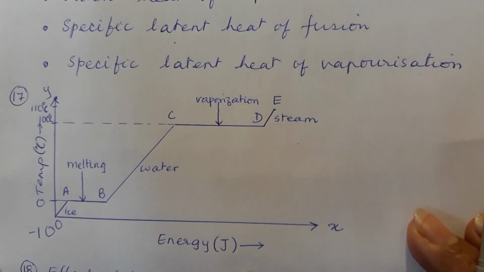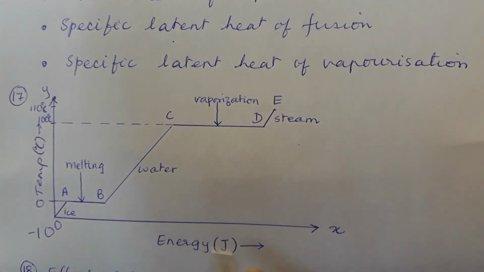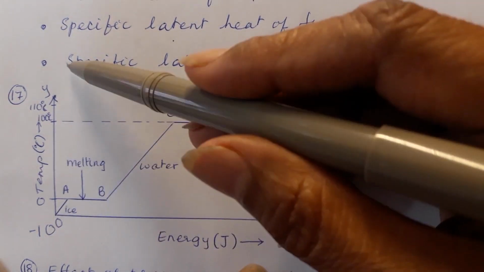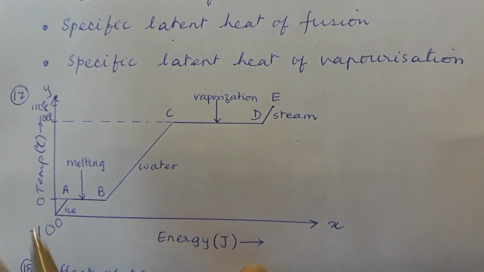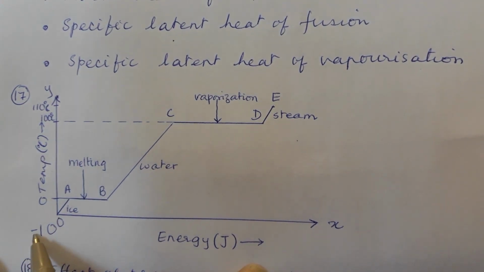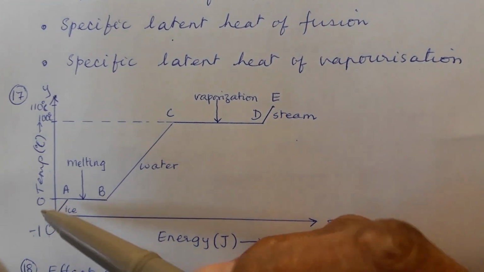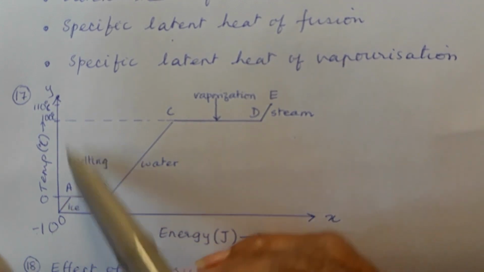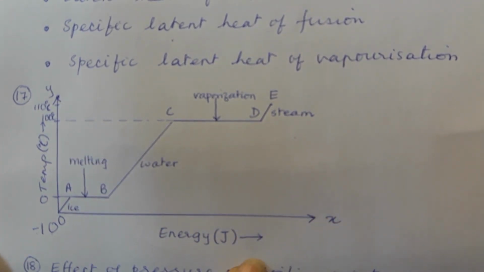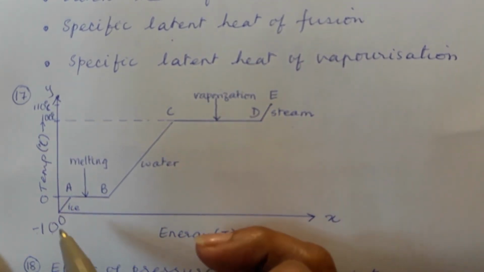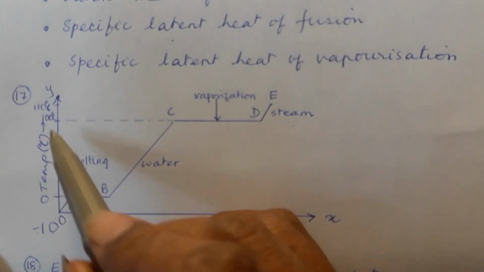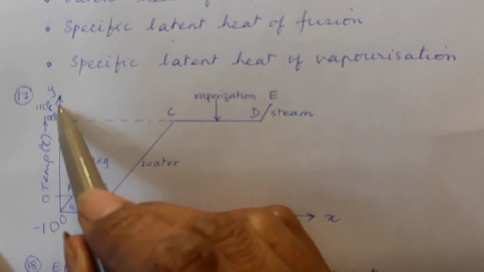As you can see that on x-axis we have energy, and on y-axis you can see temperature, and we have shown this is point O, which is showing minus 10 degrees C, because this is representing temperature in degrees C. And of course the graph is not according to the scale, it is just a representative diagram. So this is minus 10 degrees C, this is 0 degrees C, this is 100 degrees C, and this is